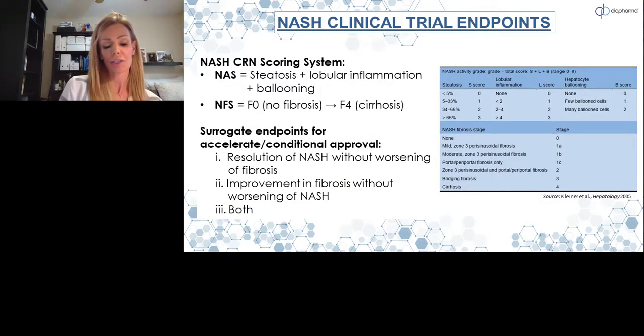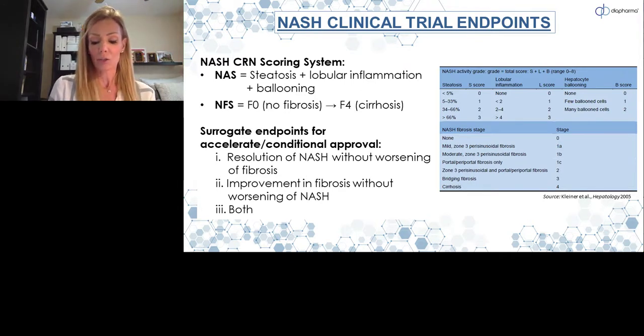So as you just learned, NAFLD is a very slow progressing disease. Unfortunately, this makes it virtually impossible to use hard clinical outcomes such as progression to cirrhosis, liver cancer, or mortality as endpoints for drug approval. That is because a large number of subjects would need to be followed for a decade or more, and that's just not feasible, even just from a financial standpoint.